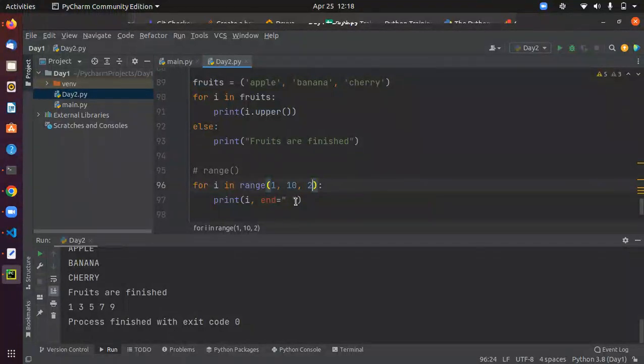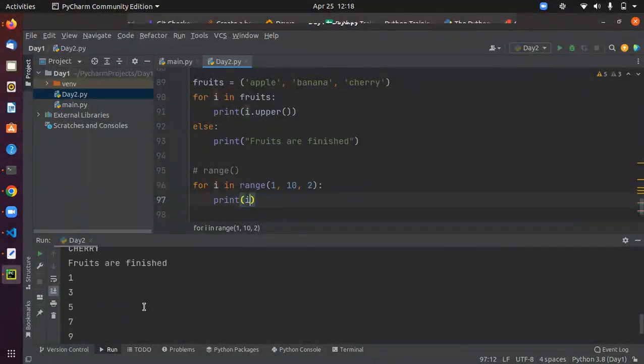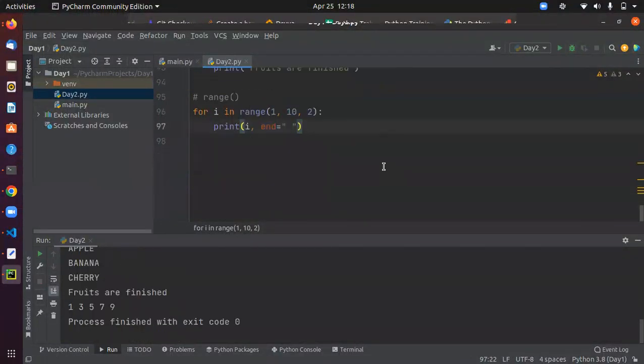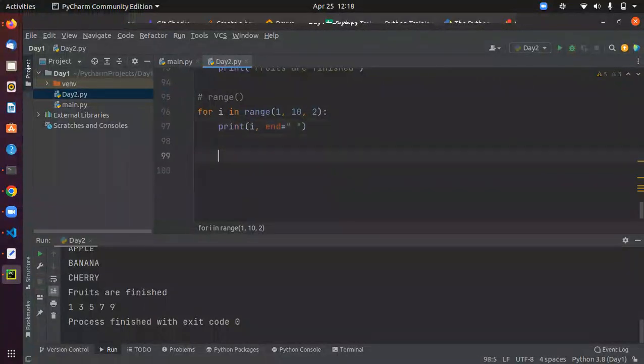Yes, because of this end, it's printing in one line. If I remove this end, 1, 3, 5, 7, 9 will print on a new line, because the print statement always prints on a new line. Okay, now